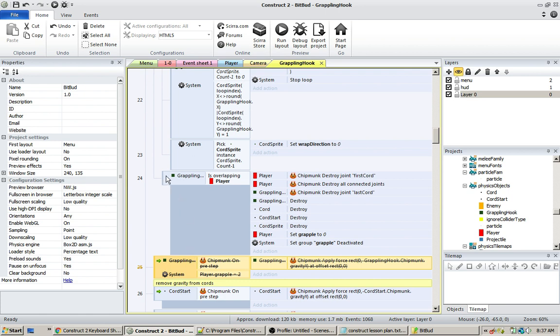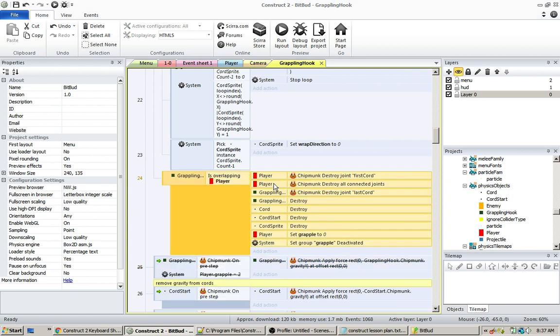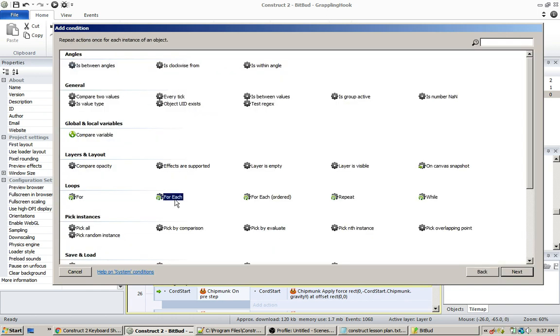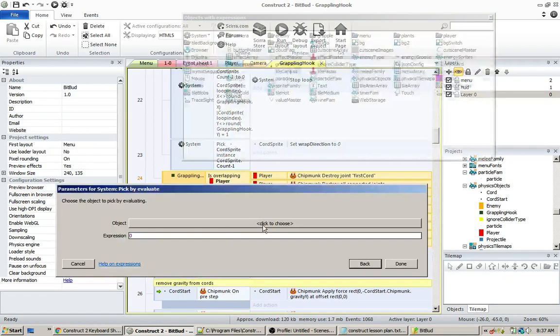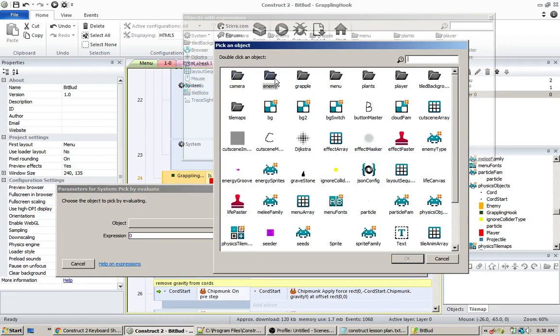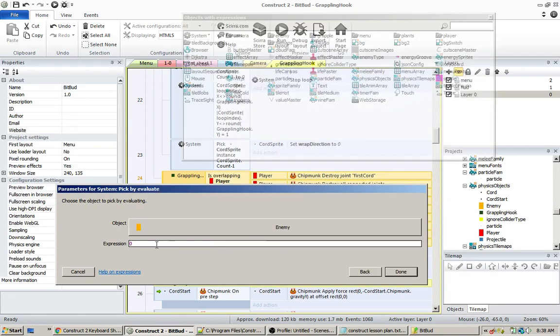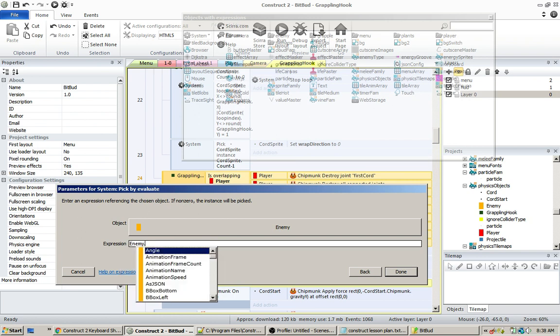And okay, so another thing is you could add loops. Like these are system actions that you could do. You got for each ordered, repeat, while, and stuff like that. You could like pick objects, like pick all the enemy objects where the enemy that x position, or enemy, in this case I have a local variable type, equals,